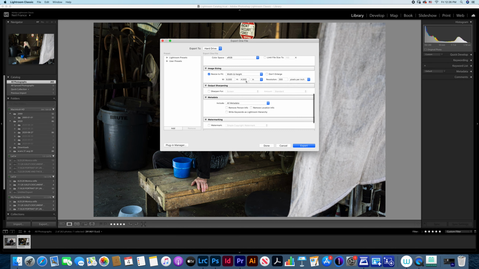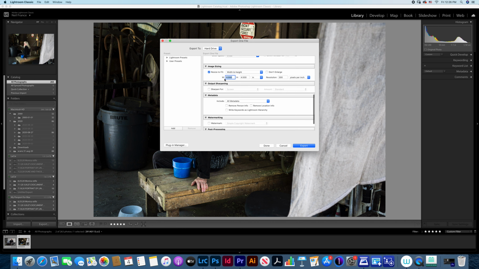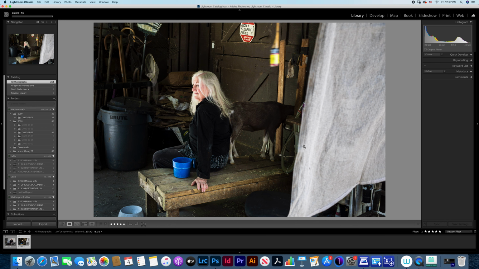We're going to size this at 8.5 by 6.5. We'll leave it at 300 pixels per inch and hit export. Okay, that is exporting. And a little bar up on the left shows you that that is happening. When the bar goes back to gray again, it's done.